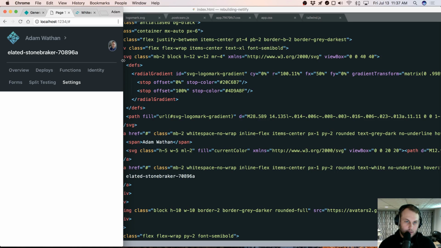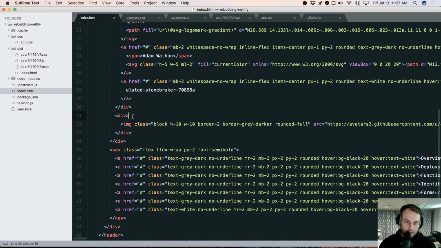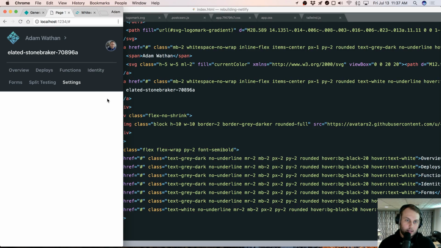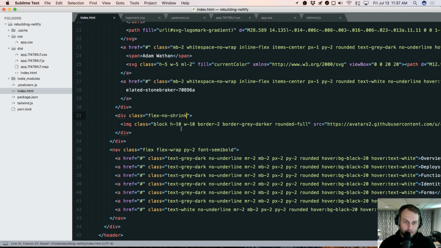And this image is shrinking, so let's make sure that we don't allow that. So let's say class equals flex no shrink. And that should get that back to where we want. And this is also a link technically. We can make this element here a link if we wanted to. It doesn't have to be a div. And actually, it's not a link. What am I talking about? Let's just add,